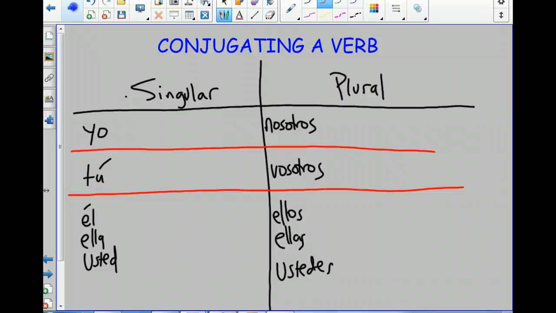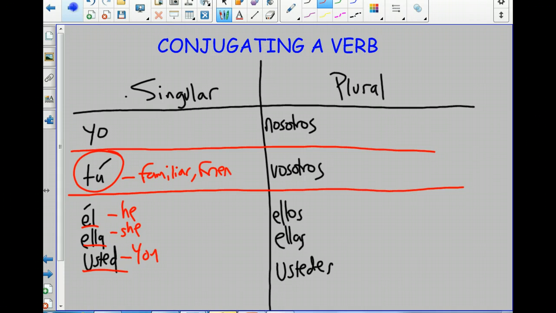Okay, so the yo form of the verb is going to be one particular conjugation, the tú form, and the él, ella, usted form, etc. Let's talk a little bit about the difference between usted and ella and él. This is really important. Él means he, ella means she, and usted means you. Oh, but I thought tú means you. Well, yes, you, familiar. When you're talking to friends, or family, or people you know well, you use the tú form. And in Spanish, we have this you formal form. When you're talking to somebody who's older than you that you don't know well, you use this usted form.